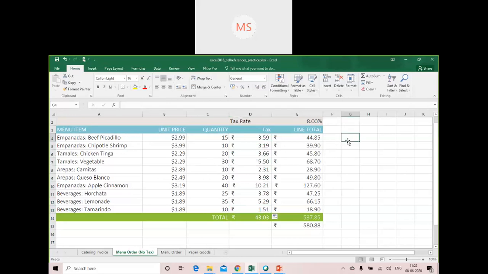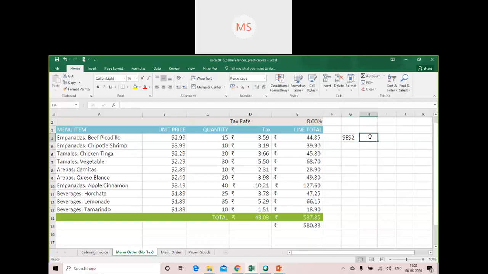Okay. Now, absolute referencing can be done in many ways. Like you can represent it in this format, $E$2. What does it mean? $E$2 means the column and the row are not going to change. They will remain constant.